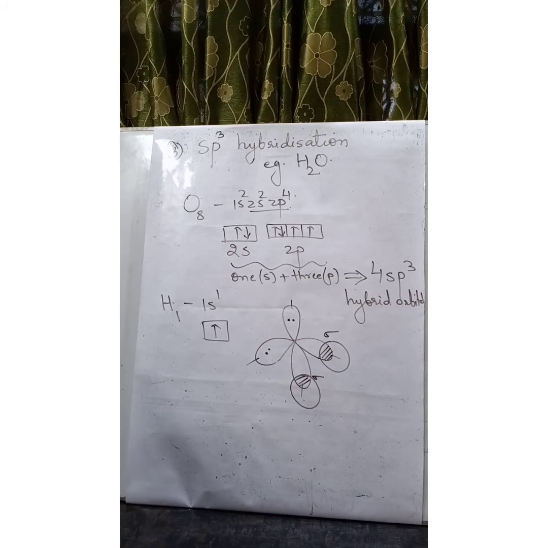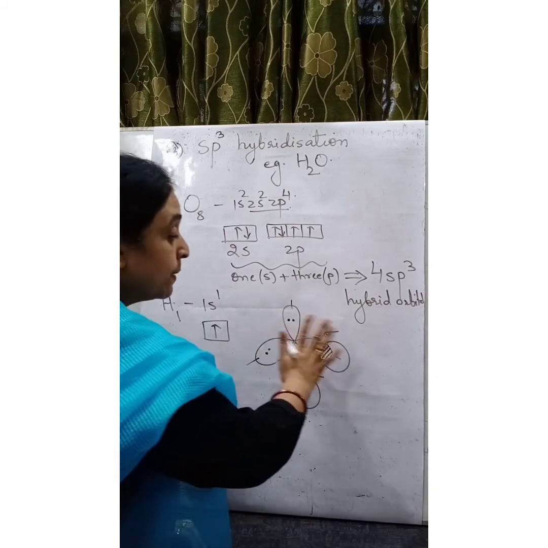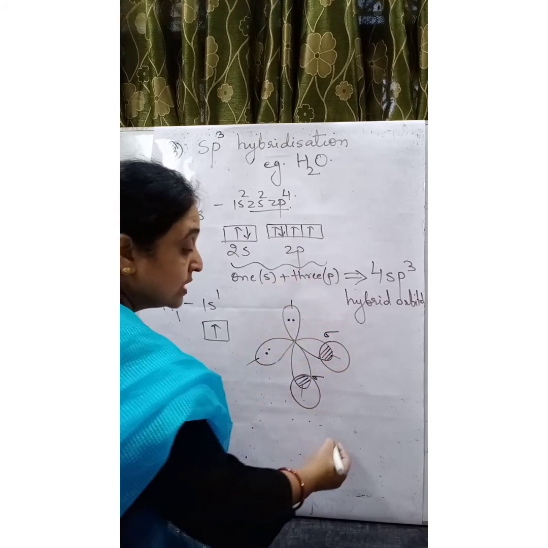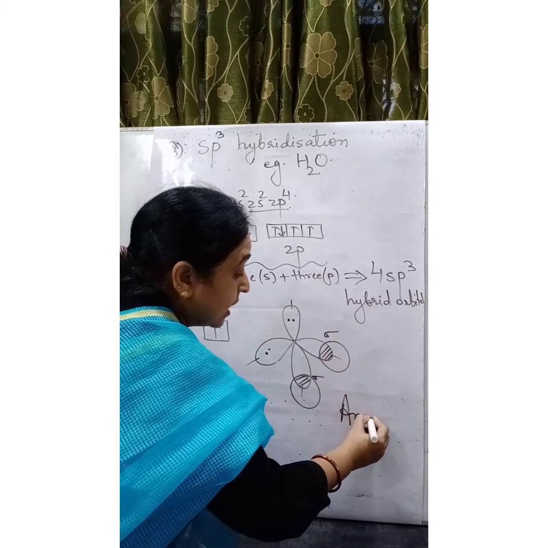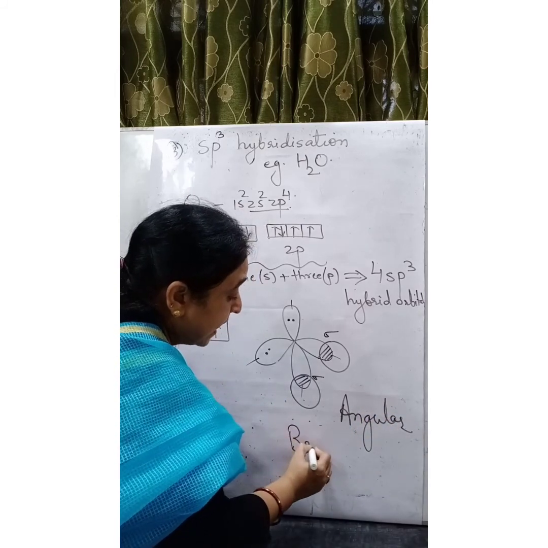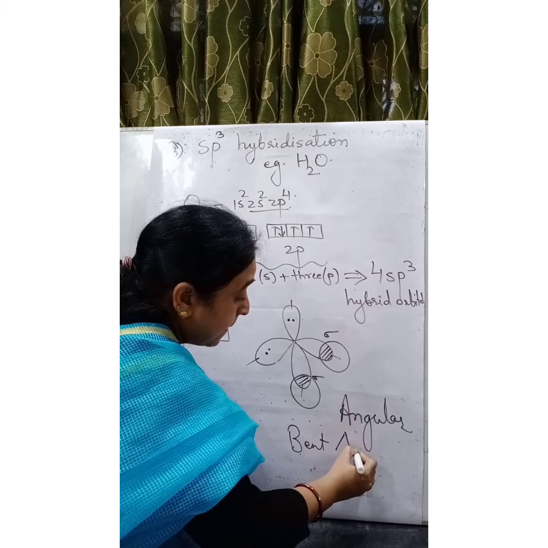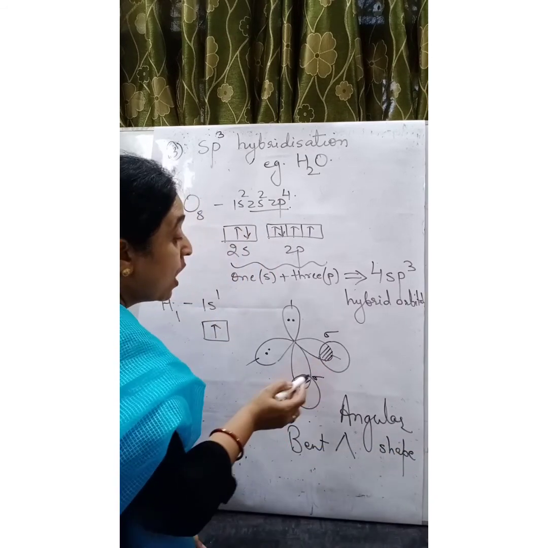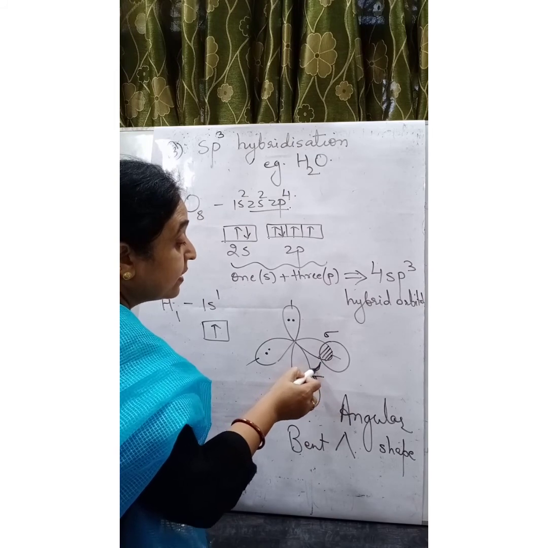So because of this, the geometry of this water molecule changes to angular shape, or we can say bent V-shaped geometry, and the bond angle also gets reduced to